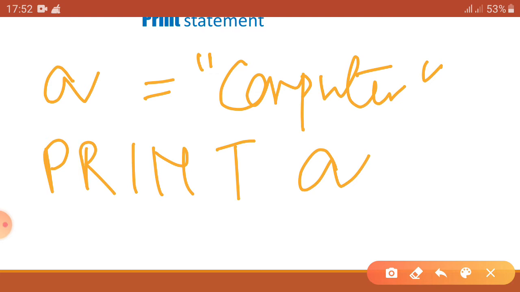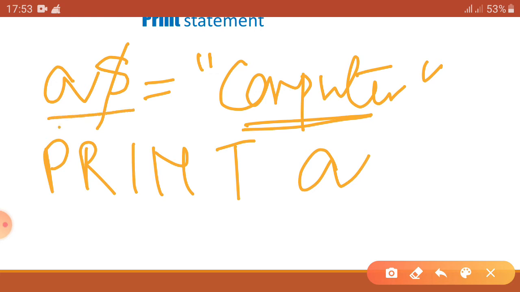On the output screen, it will not display the value of a. Why? Because here computer is a text, and already we have discussed that whenever you are trying to give the string value to the variable, you need a dollar sign after the variable name.